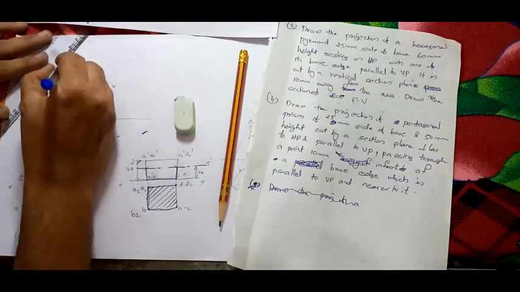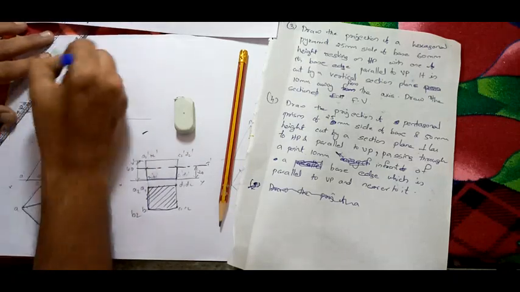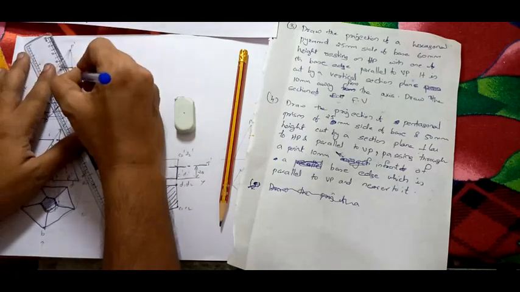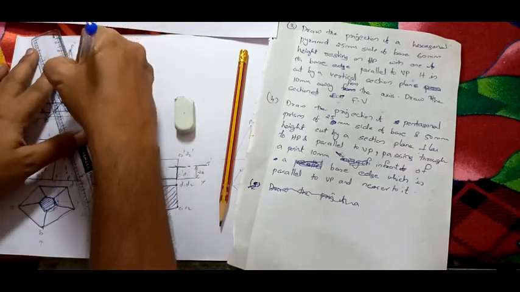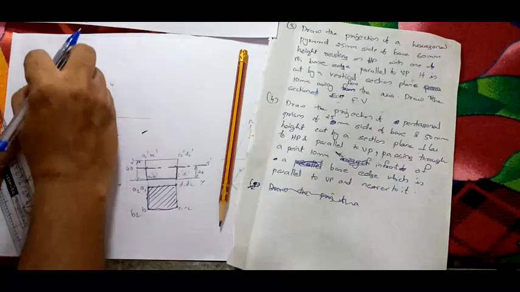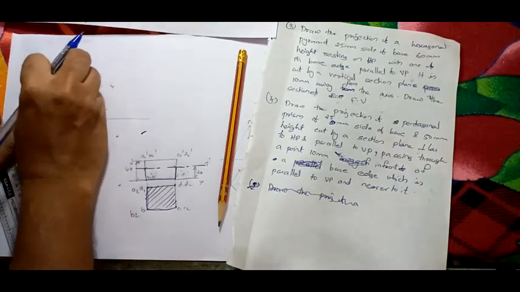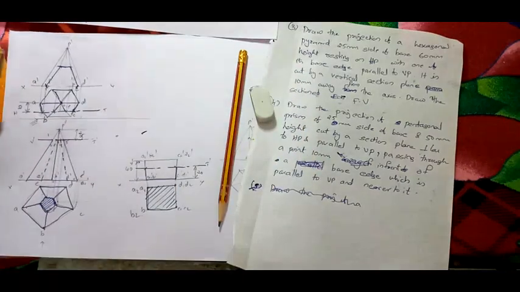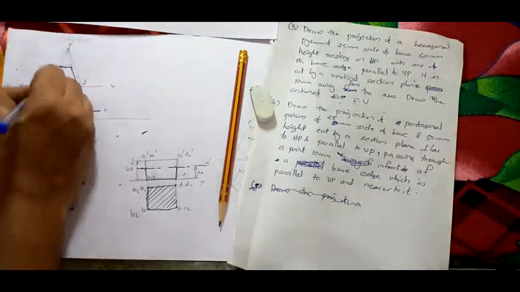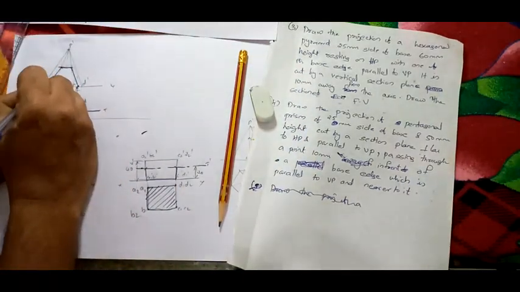So this will be your section. I am joining for section. See, this will be your section. After sectioning, inside portion, actually you will not see the inside portions. You are removing the section view. Now you will be seeing this much only.